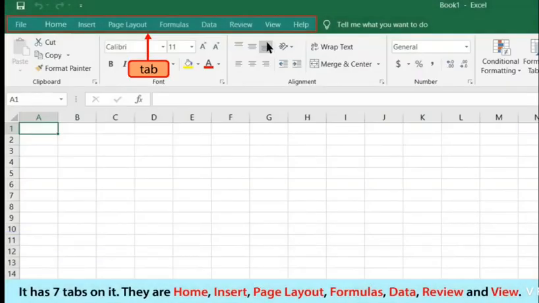So good morning students. Today we are going to start the remaining part of the chapter, that is MS Excel. In the previous class I had discussed with you the components and the role of Excel in the various fields. Now we will discuss the remaining part of the chapter, that is what is the role of Excel and how many tabs and all these things in this video.